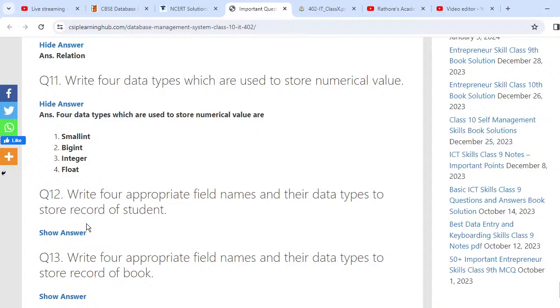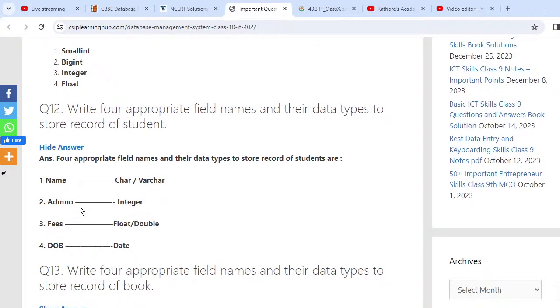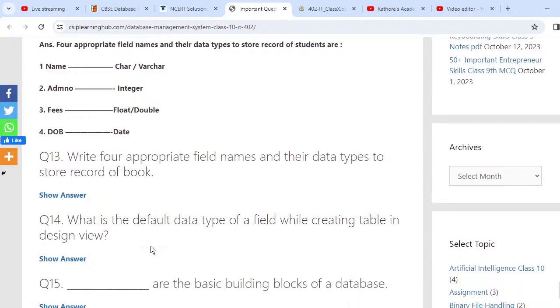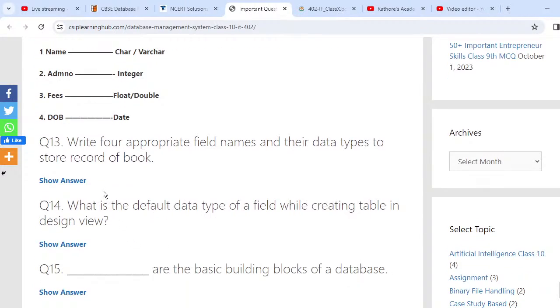अब स्टूडेंट का अगर मुझे एक टेबल बनाना है, तो उसमें स्टूडेंट का रोल नंबर होगा, नेम होगा, एड्रेस हो सकता है, डेट ऑफ बर्थ हो सकता है। तो नेम के लिए हम varchar 50 लेंगे, एडमिशन नंबर या रोल नंबर के लिए इंटीजर लेंगे, फीस के लिए आपका डेसिमल वैल्यू है तो फ्लोट या डबल ले सकते हो, डेट ऑफ बर्थ के लिए डेट लोगे, ठीक है।